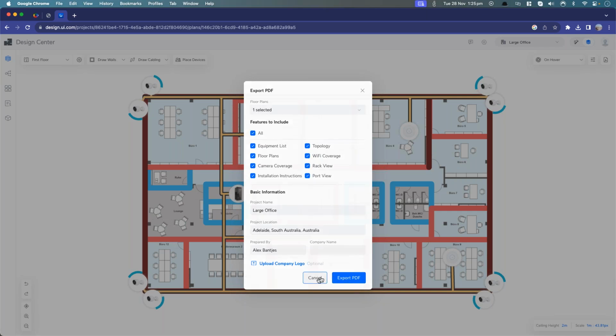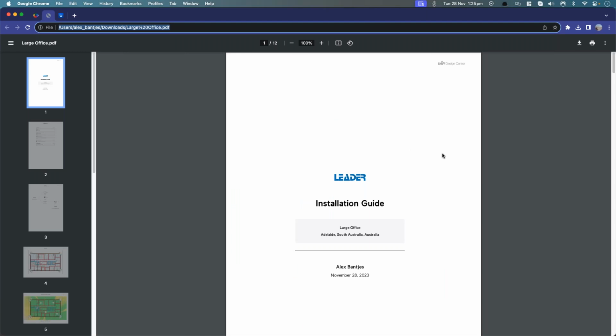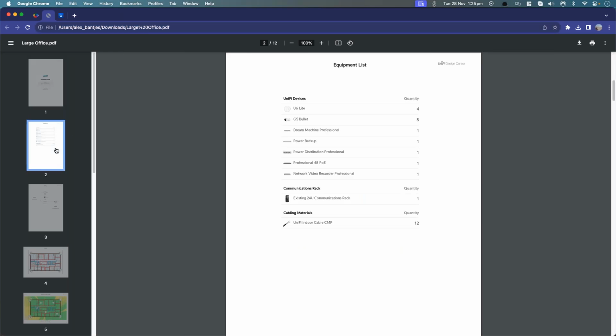It takes a couple of minutes because Ubiquiti has to render all of this and render everything in. But the output from that should be something like this. This is everything stuck onto a single PDF. It does a little installation guide. Obviously, you're the reseller, so you probably wouldn't be using the installation guide that much, but it just gives us